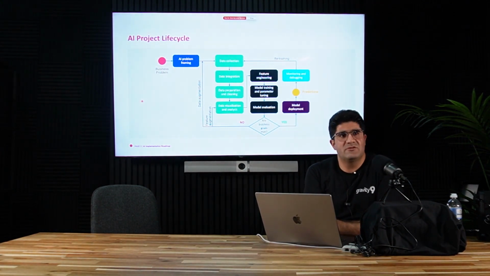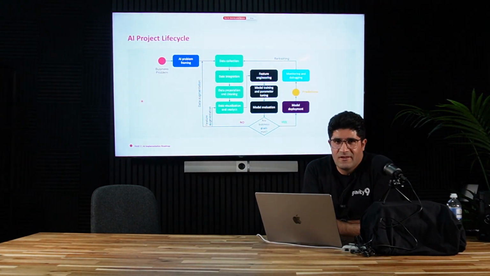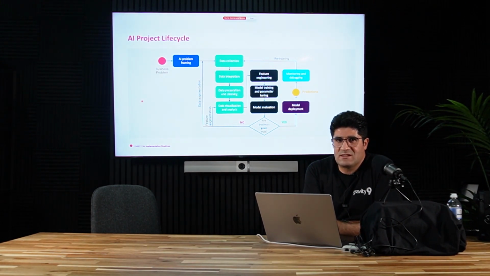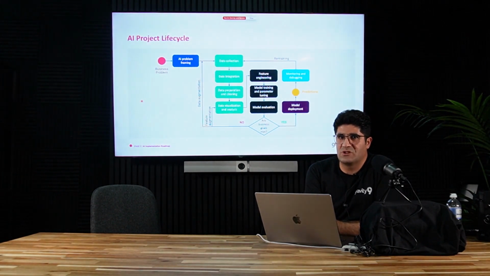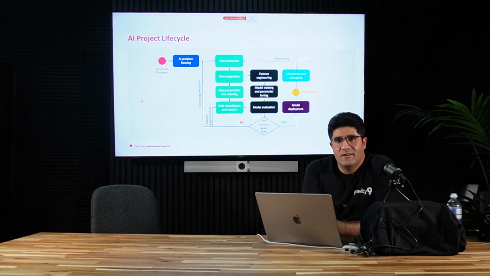So at the beginning, let's see how we can develop an AI system and what the steps for development are. Any software project, any technology project or engineering project needs to follow some sort of life cycle to achieve the goal of the project. And we have the same concept.